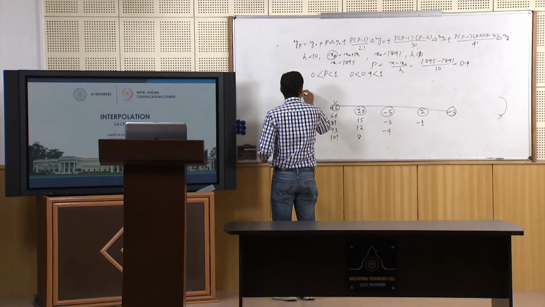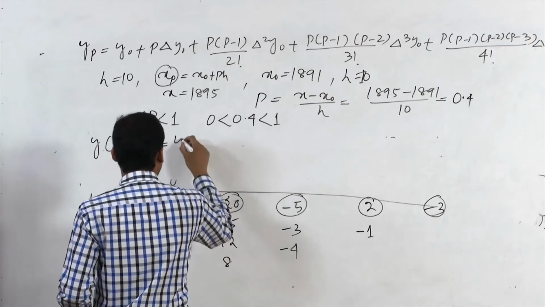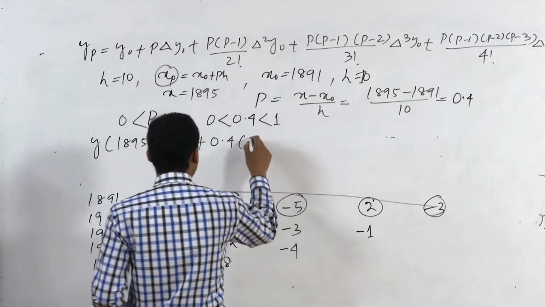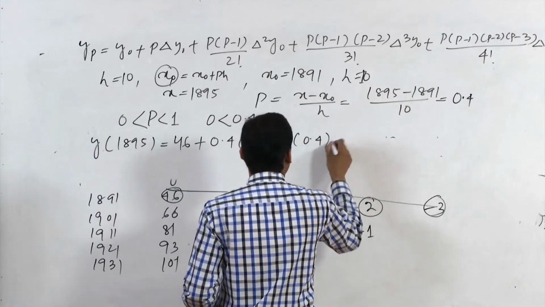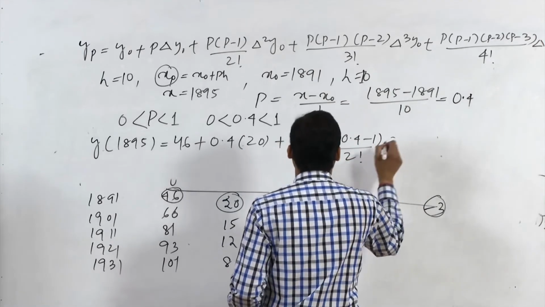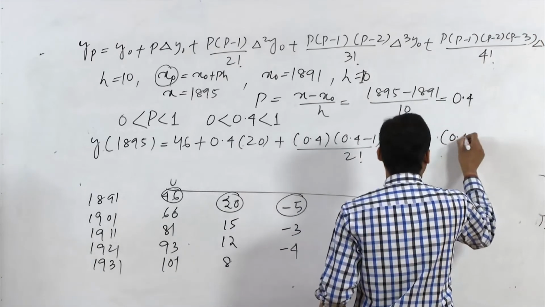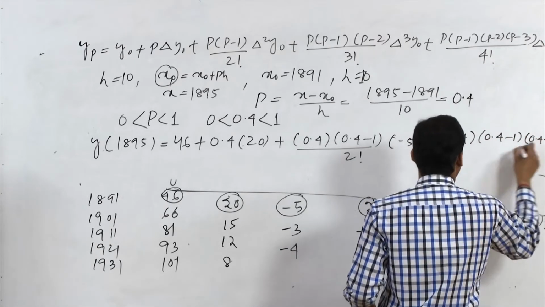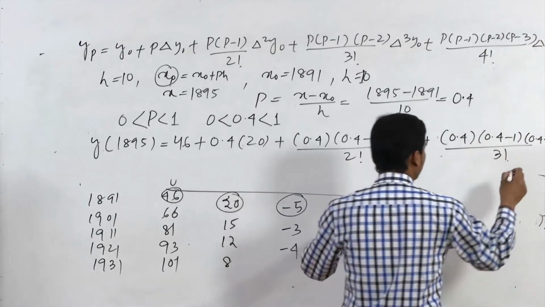So y of 1895 equals y0, which is 46, plus p value 0.4 into del y0, which is 20, plus 0.4 minus 1 by 2 factorial del square y0, which is minus 5, plus p minus 1, p minus 2 by 3 factorial into the last tabular value, which is 2,